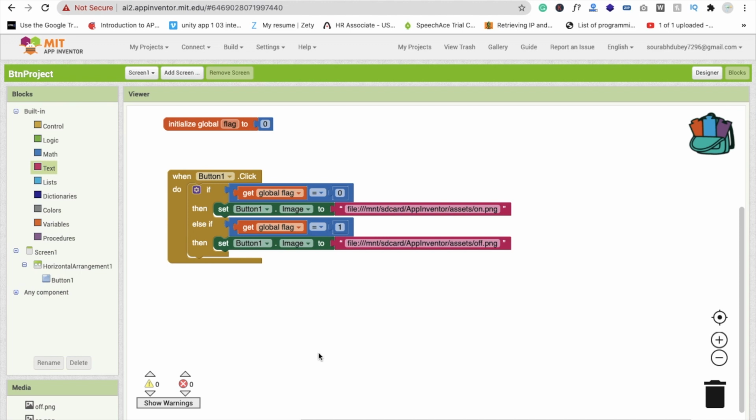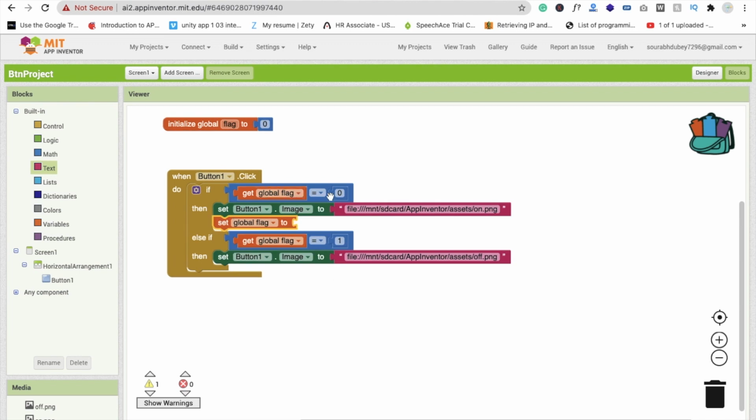Fine. Now we need to do one more thing. We have to set the value. Now click on the flag and make this flag value 1. Change 0 to 1 and just copy and paste this value here and make this value 0.